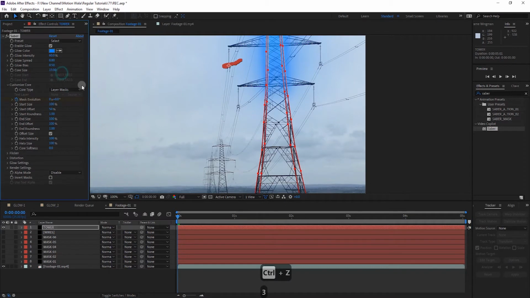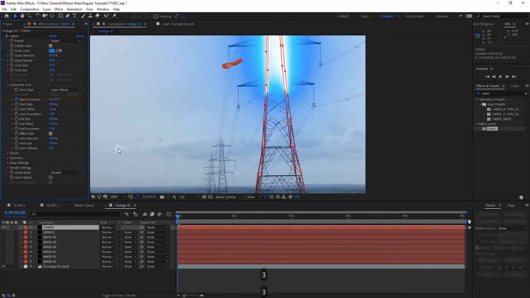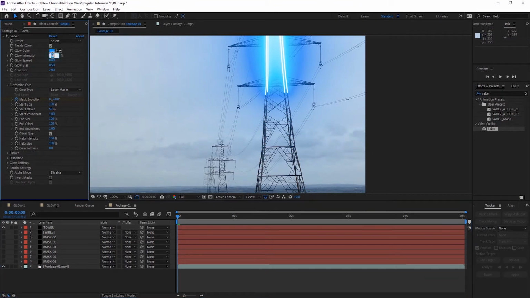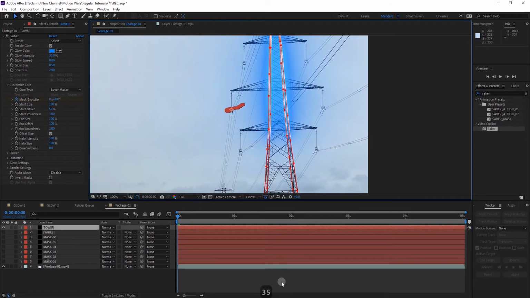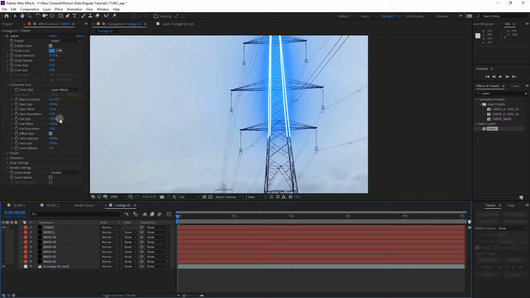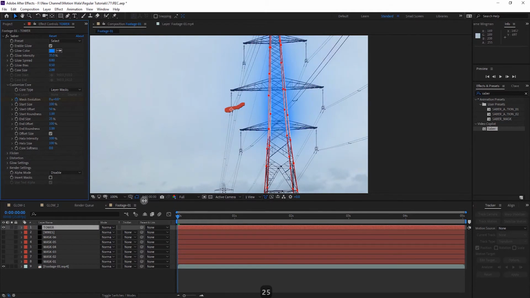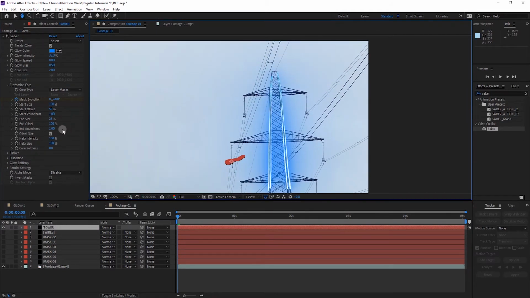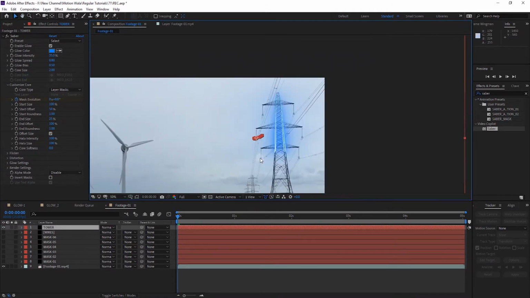I will make this 3 or maybe 2, and I will change this to 35, and I will also change the end size to lower. The end size is 100, I will make it 25. So now you can see it's looking very good.